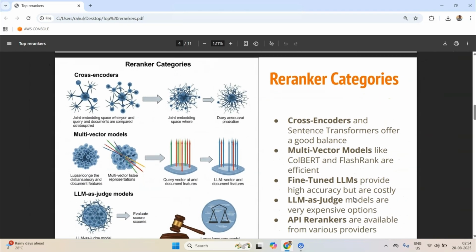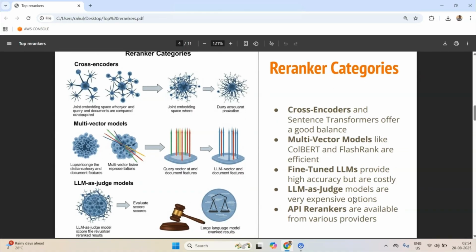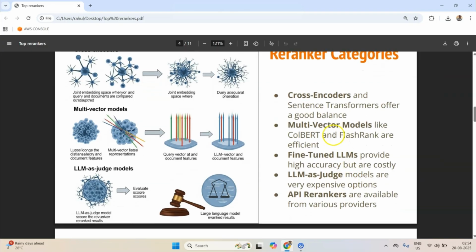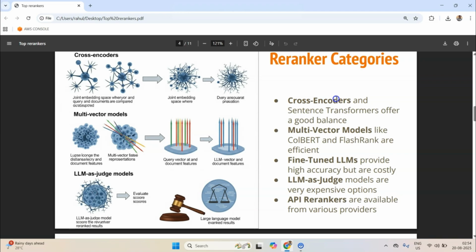Okay, let's talk briefly about re-ranker categories. Re-rankers are not all the same; broadly we can group them into a few categories, and here I have listed those categories. The first one is cross encoders and sentence transformers. They are very fast and reliable, and they are widely used in the open source community.